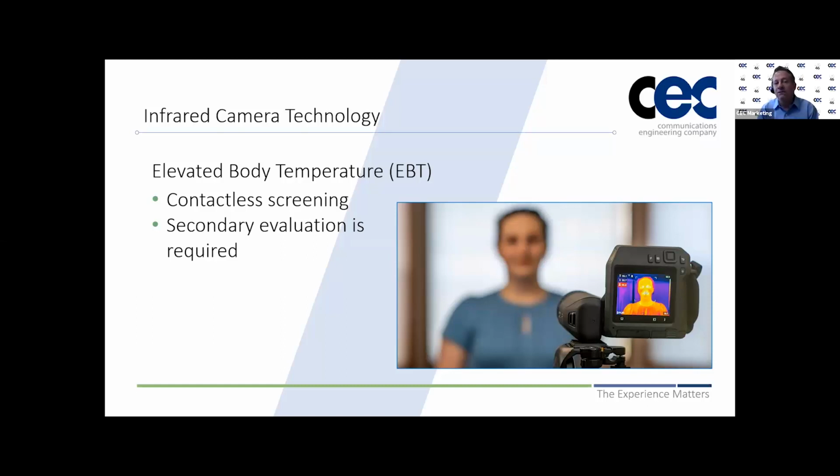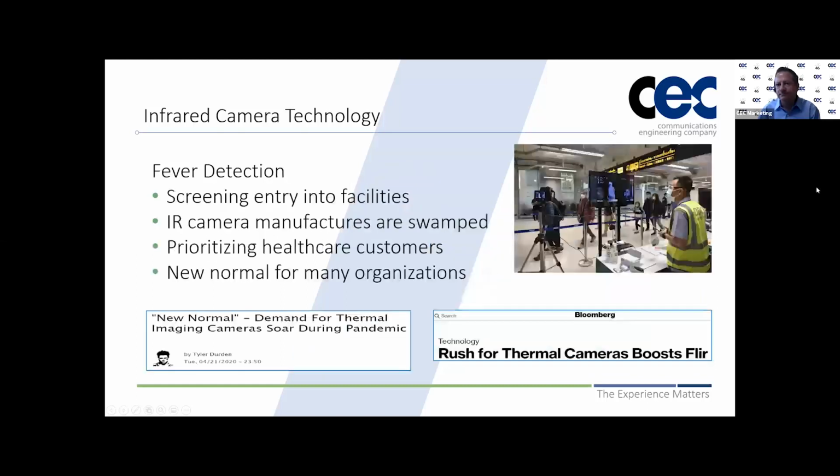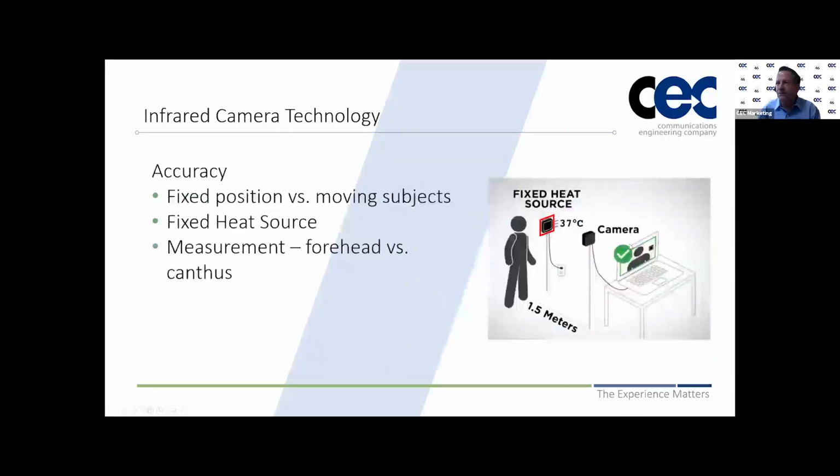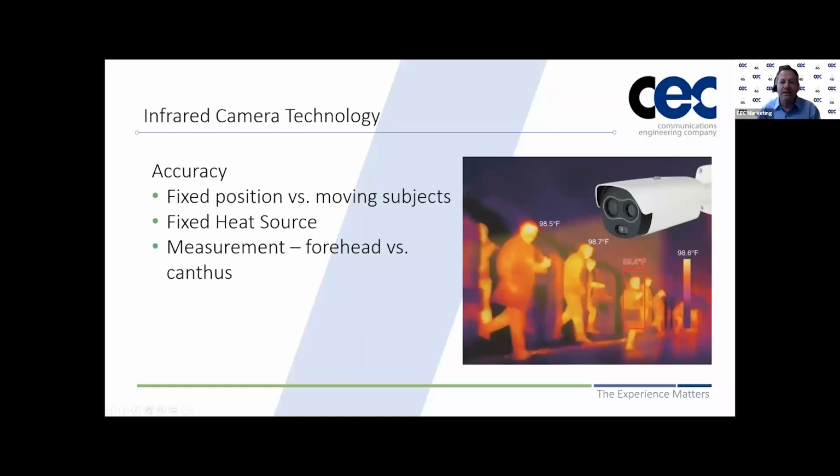So if elevated body temperature is present, what you really need to do is then move to a secondary evaluation, a more precise evaluation specific to fever. And we'll touch on that here in a little bit. So, whoops, sorry, I went back. So the next slide then